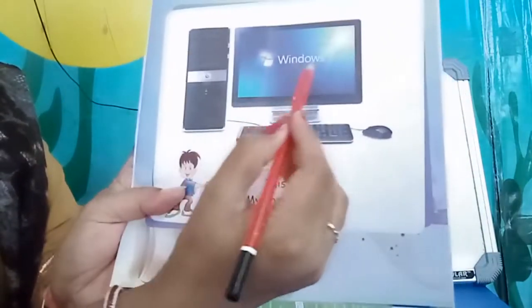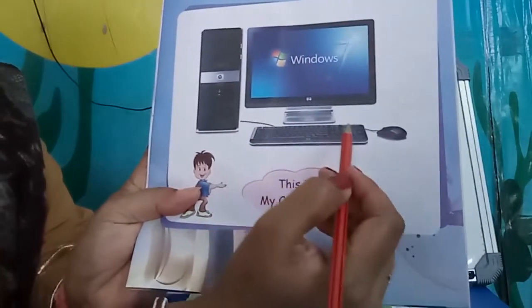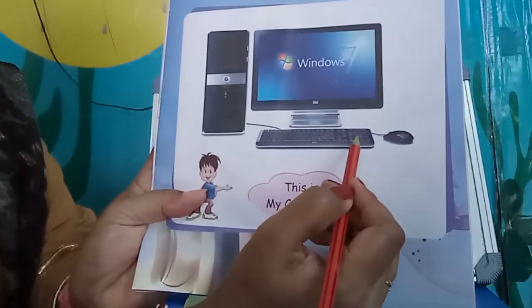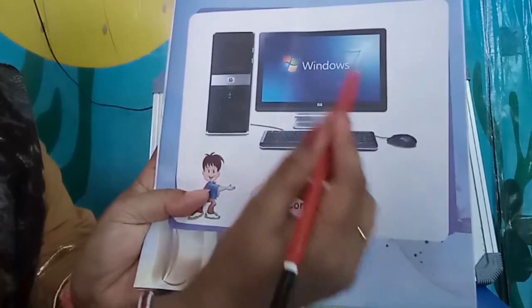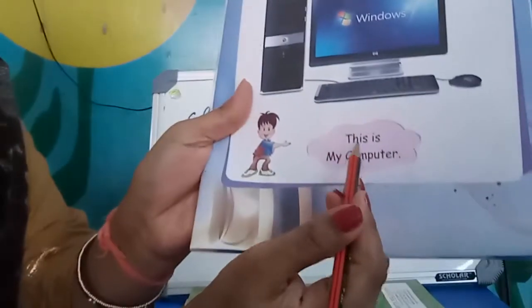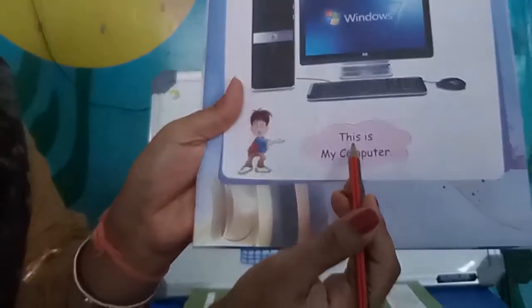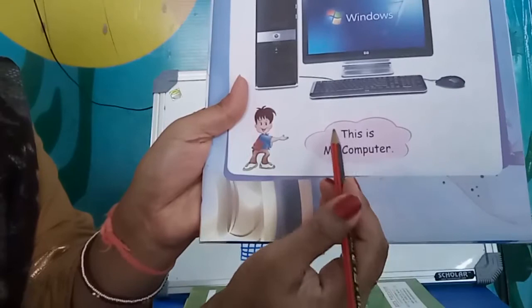Now you can see in your book the picture of this screen is known as monitor, and this box is CPU, these keys are known as keyboard, and this one is mouse. These are the main parts of computer, and you can see here it's written, this is my computer.